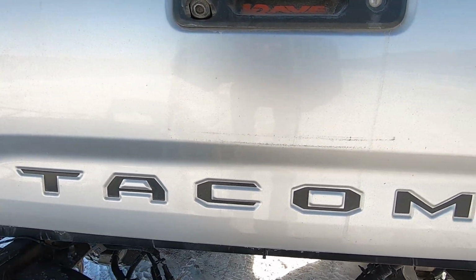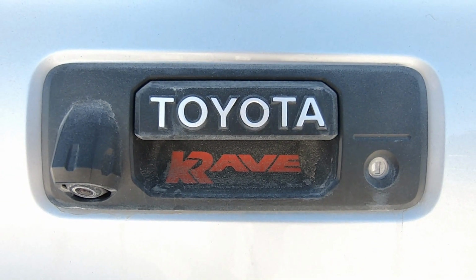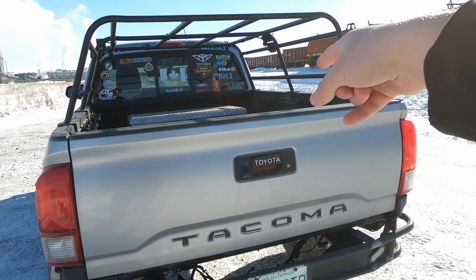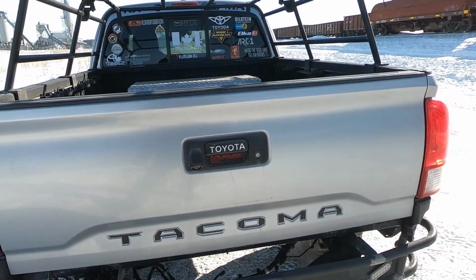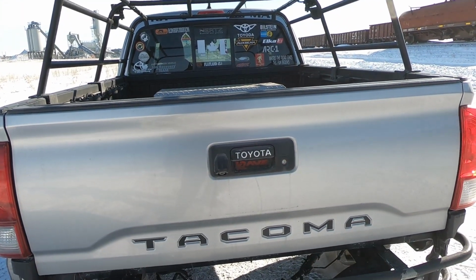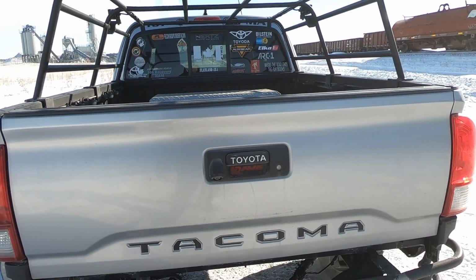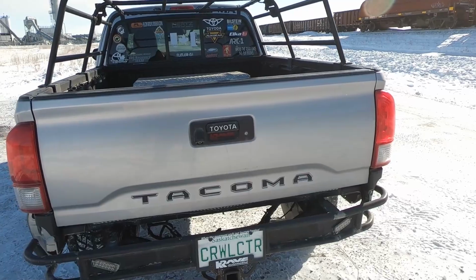Import equipment Tacoma tailgate sticker, Crave sticker in my door handle. I thought it was a perfect spot for it. This I got as a gift from another local out of Calgary. My buddy Hugh, he sent me a color matched for the Tacoma, the Silver Mist there. So I got some vinyl on the Toyota there. Honestly, that was probably one of my favorite things I did on the tailgate because it just stands out